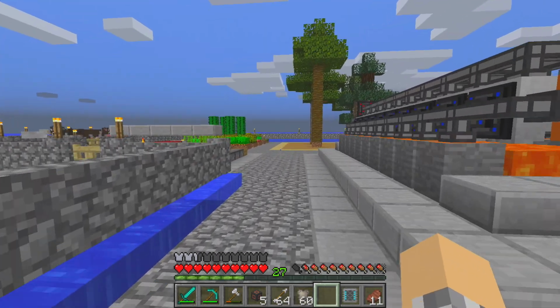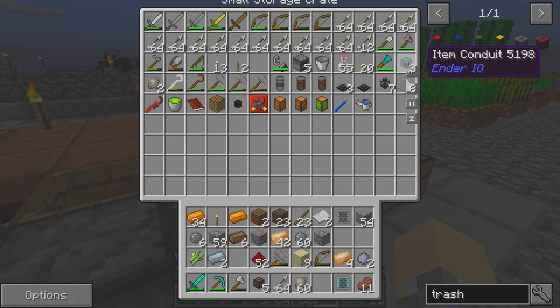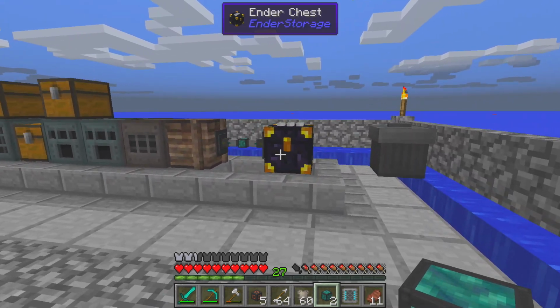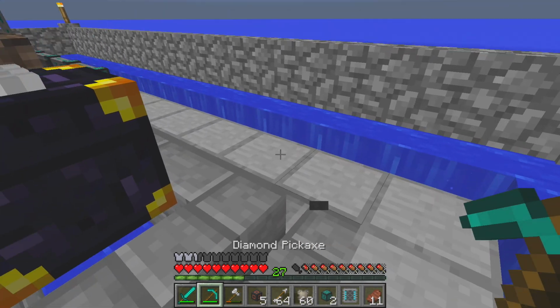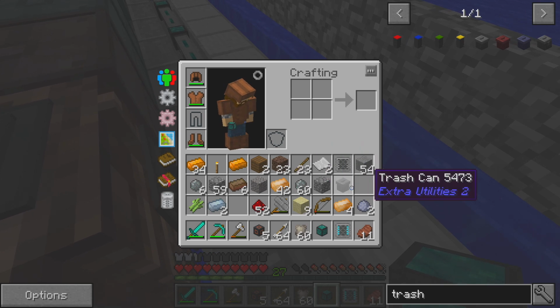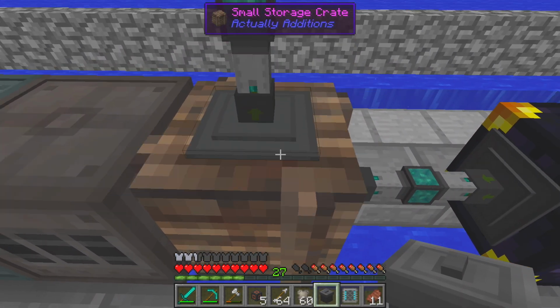Ooh, I need some more item conduits. Of course, obviously. A filter by itself is nothing without its best friend, the item conduit. This sounds like a real lame, like, after-school special. Like, are you familiar with the item conduit's best friend? The item filter. Now, in the interest of just being extremely clear, this is not the best way to set this up. It'll definitely have to be refined in the future, but as of right now, what we're going to do is...